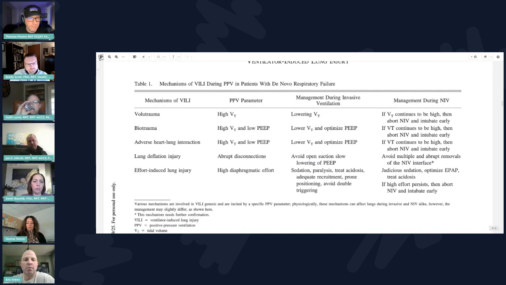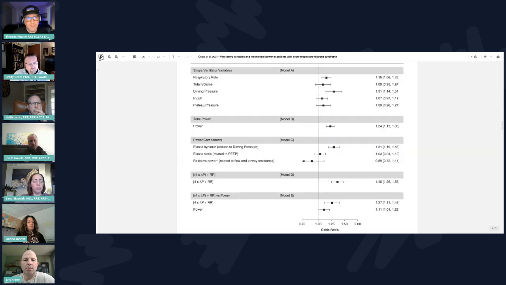There's data suggesting that it doesn't necessarily offer more information than just looking at driving pressure and respiratory rate. In fact, I can quickly share this tab here. This is just a paper. Mechanical power is associated with mortality. There is no question. This is mechanical power here. When they break down mechanical power into its dynamic elastic related properties like driving pressure, you can see that that's where it's associated with mortality, whereas the component of the power equation associated with PEEP, not so much, and resistive pressure, not so much. And when you just take 4 times driving pressure plus respiratory rate, you end up with a value that is highly predictive of mortality.